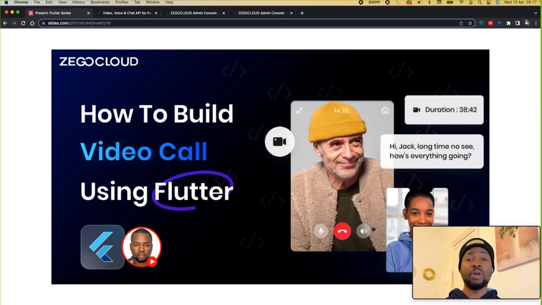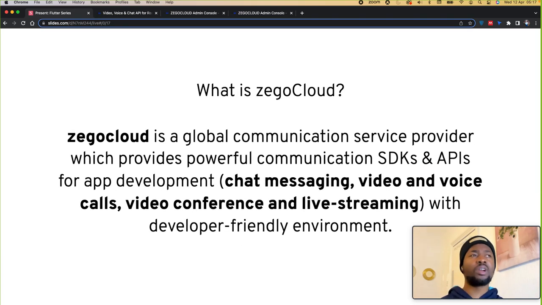Today I'm going to be showing you how to create a video call app with Flutter using Zegocloud. What is Zegocloud? Zegocloud is a global communication service provider which provides powerful communication software development kits, SDKs, and APIs for your app development. That is, if you're trying to build or implement anything that has to do with chat